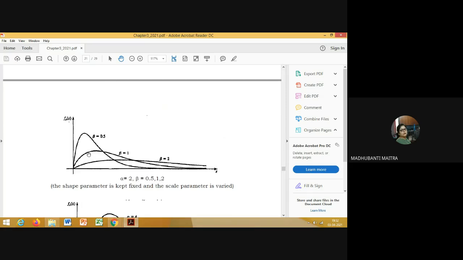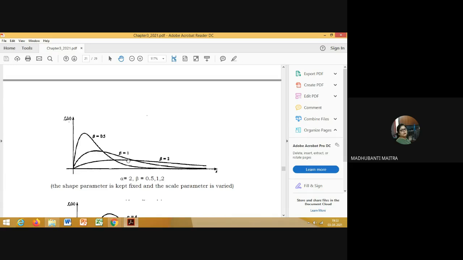So you see for beta equal to 0.5 and alpha equal to 2, this is the density function. This is the nature of the density function, right? We are getting a sharp, unique peak over here. Now for beta equal to 1, keeping the shape parameter alpha fixed,